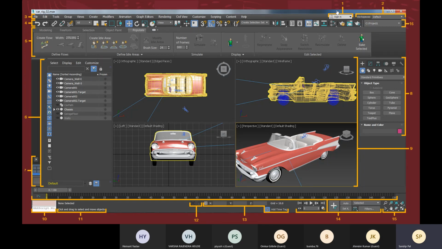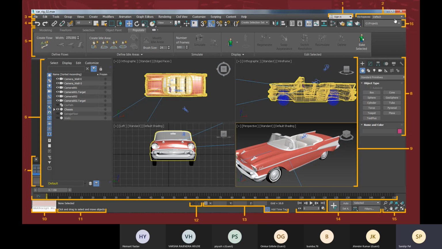As you can see, this is the user account menu. As I've already mentioned, there you can log into your Autodesk account and access your license of the software. Each and every Autodesk software has this user account menu, and here you have the workspace. In AutoCAD also you may have heard about workspace. There you have three default workspaces: drafting and annotation, 3D basic, and 3D modeling. You all remember, right? Yes, sir.